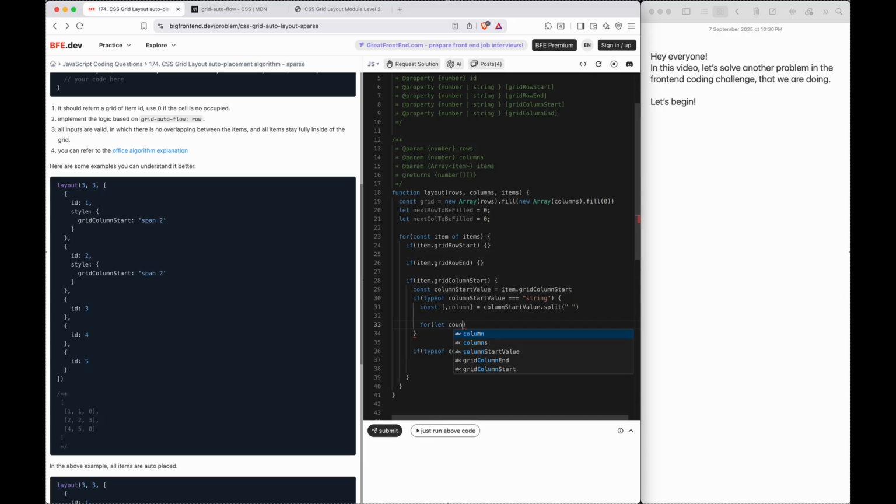Instead of let count, maybe we can do while column start value, not column start value, it's column is greater than 0. Maybe we can put minus here only. So suppose column 2 means we have to span it to 2, then we will